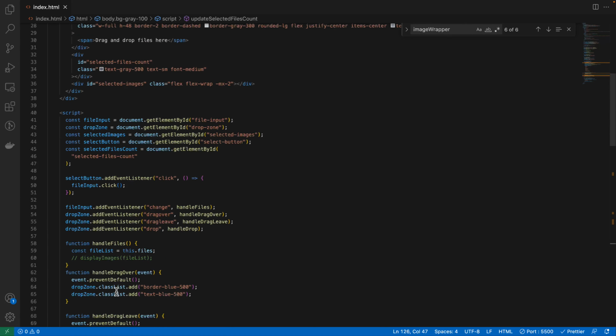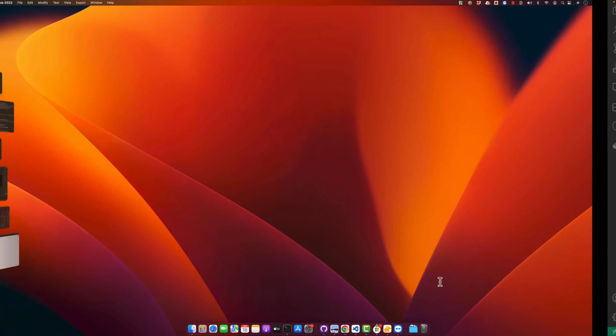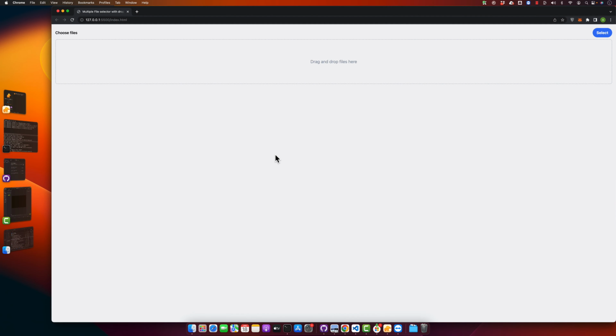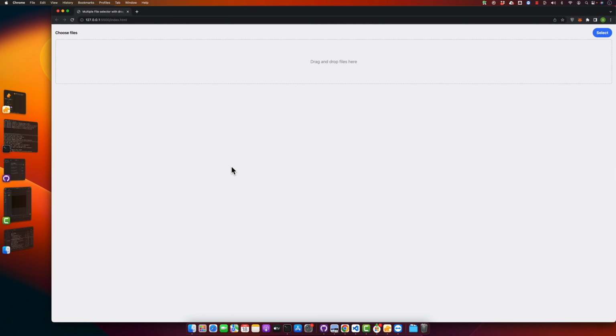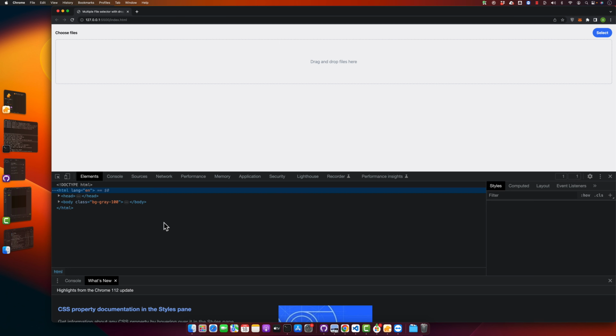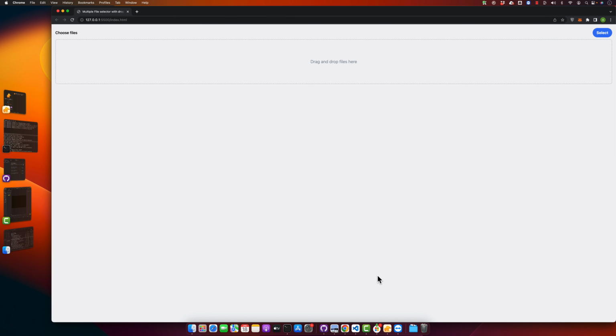Now it's time to test it. Let us test it. So, I will start from the select button. So let us click on that, and I'm going to pick a picture. Nothing worked. Let me see what's wrong. I'm going to check the inspect element. I did not see any error yet. So there's something wrong with